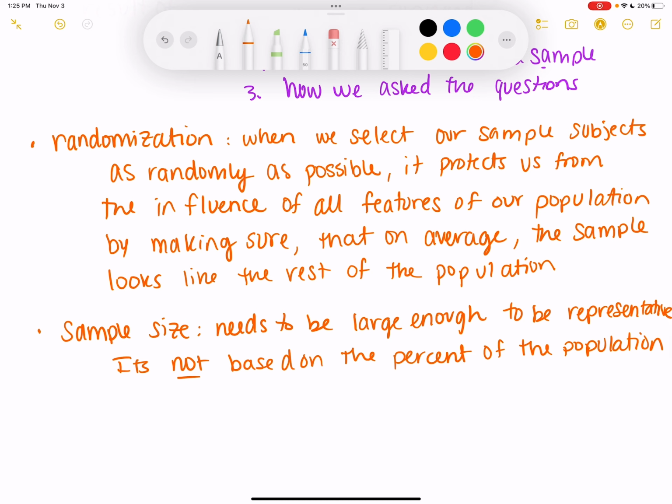So just a way to help you think about this, think about a pot of soup. I don't need a larger taste just because the pot is bigger.